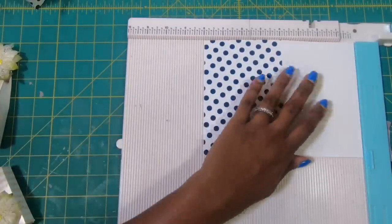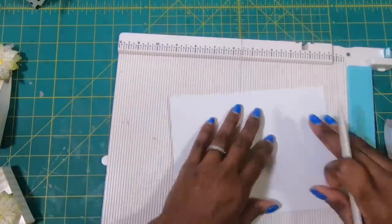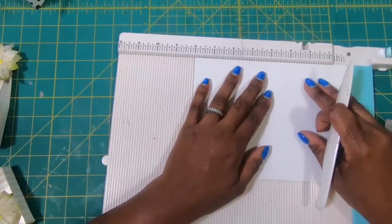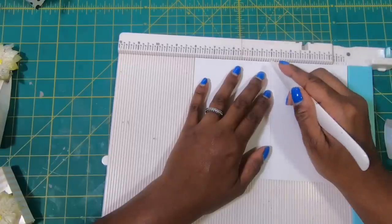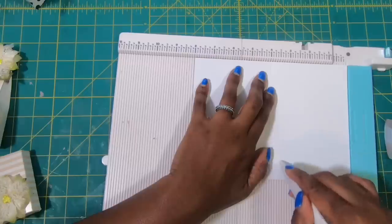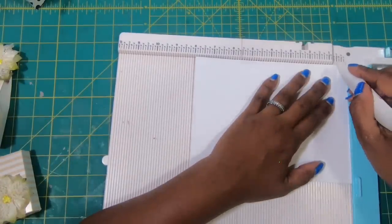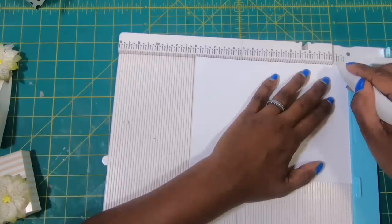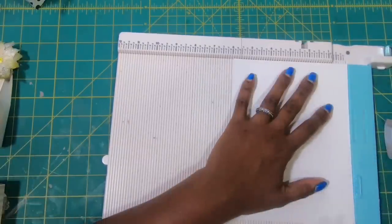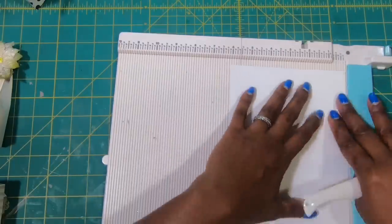So again, we're going to start with a 4x6 greeting card, and I am going to place it in, making sure that my center point on the card is dead center with a whole number here. So I'll come over to 3.5, make a score, and then I'll come over to 1/2 inch, make another score, turn it to the 6-inch side, score at 1/2 inch on both sides,